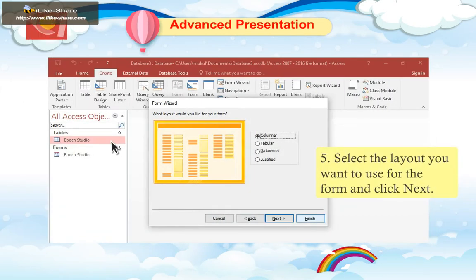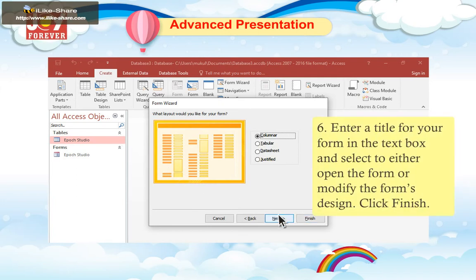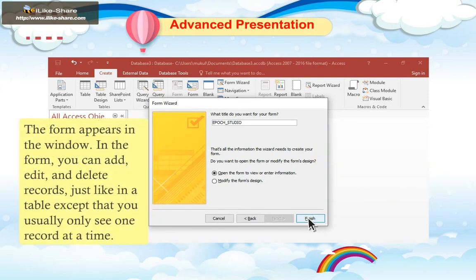5. Select the layout you want to use for the form and click Next. 6. Enter a title for your form in the text box and select to either open the form or modify the form's design. Click Finish. The form appears in the window.